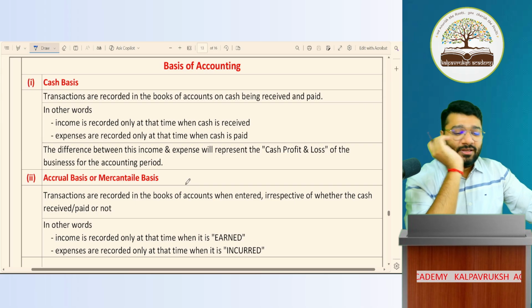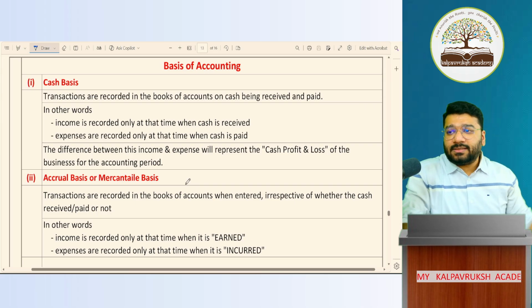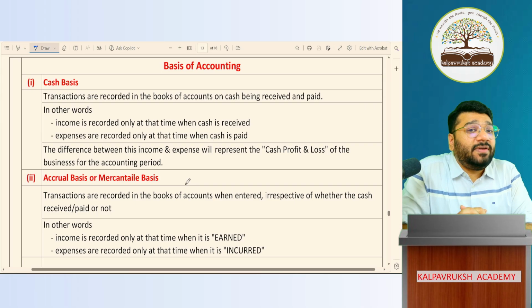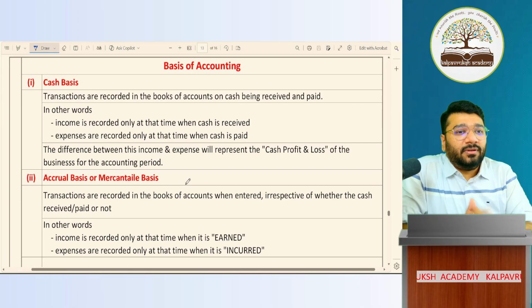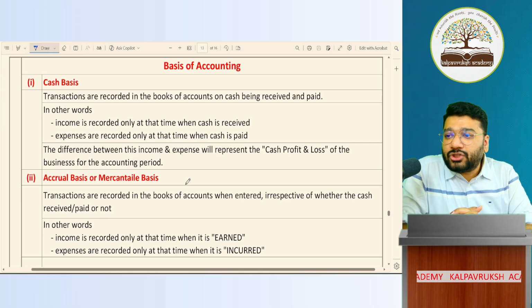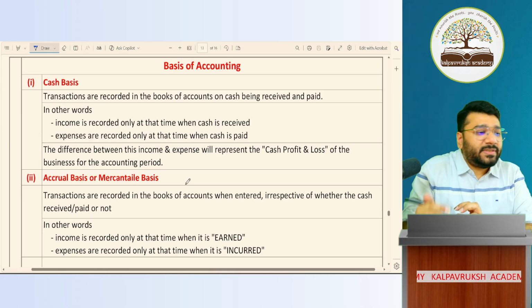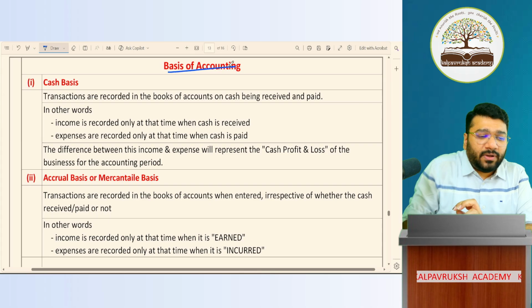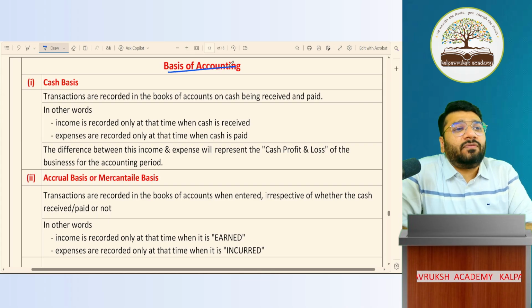Thank you so much. So, guys, we're doing this chapter called accounting process. In the last class, we discussed the trade discount and cash discount concepts. Lecture 4, the last concept was trade discount, cash discount, rebate. So it's a continuation of that. A small topic which I have to discuss here is the basis of accounting. It is called basis of accounting.